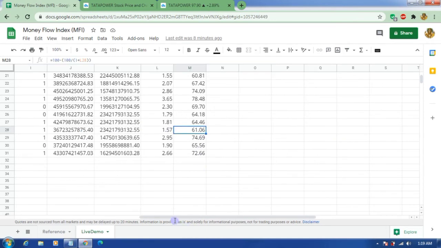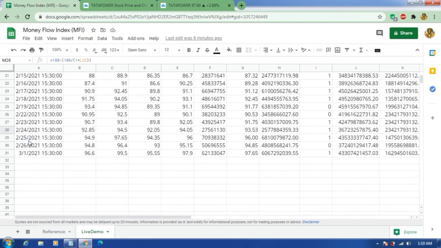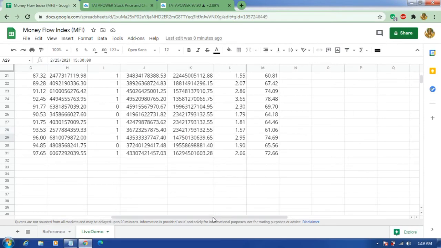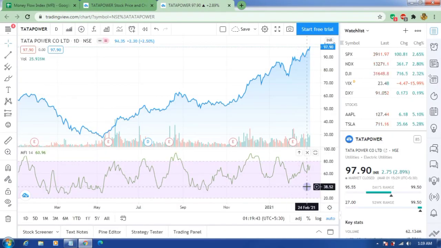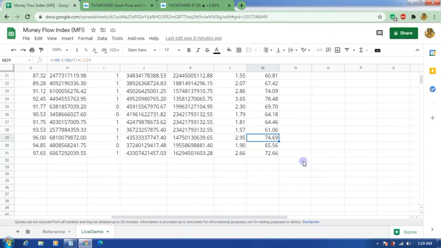Let's look at the other day's data. The 25th is 74.69. And here it is 74.63, this is 74.69. So we are good. It is just a decimal difference.